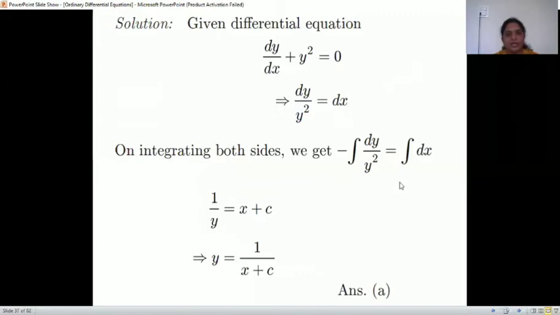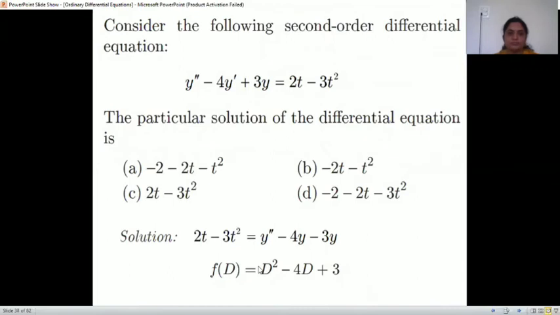Very good. Right? How we have to do is we'll write dy by dx is minus y square. So dy by minus y square is equal to dx. And then as these are separated, integrating on both sides, we get integration of minus 1 by y square is 1 by y, and x plus c. So x plus c is minus 1 by y. Oh, sorry, 1 by y. Simply 1 by y, as there is already minus, so minus 1 is plus. So y is nothing but 1 upon x plus c.